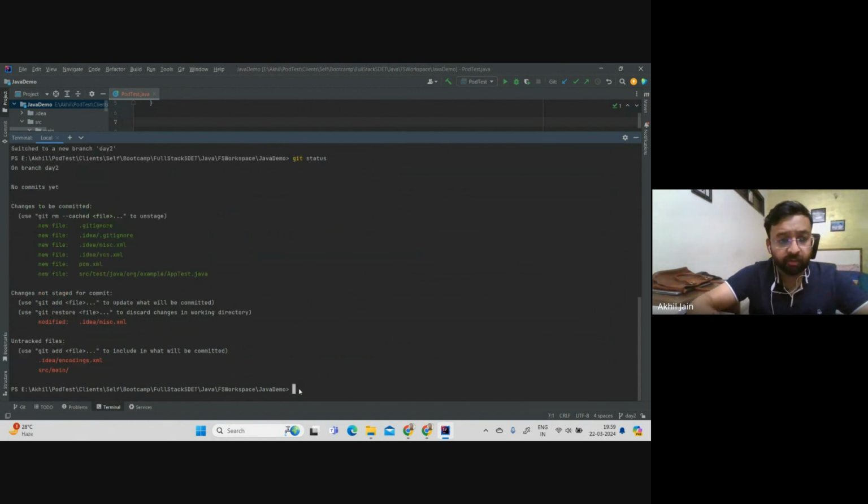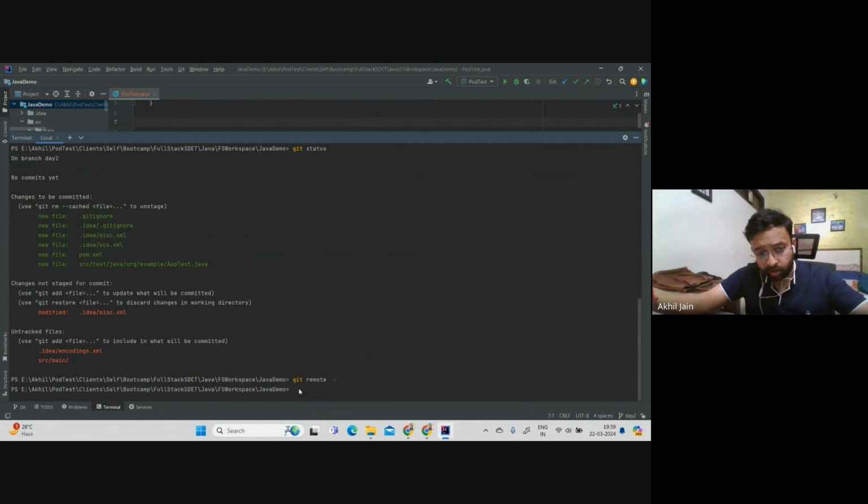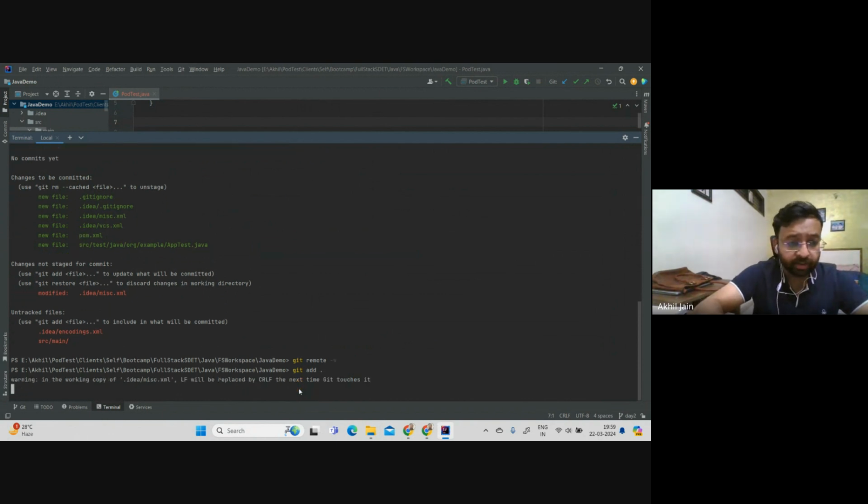Git status. I am on day 2 branch, and if I show you my remote repos, there is none, right? The output did not return anything, right? So there is no repo. Let me add all these files. Git add. I did this, and after this I am saying git commit -m, and let's say c1,